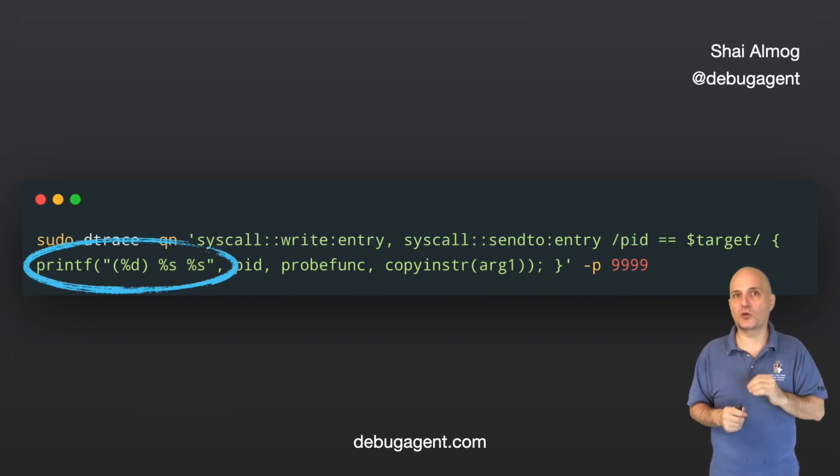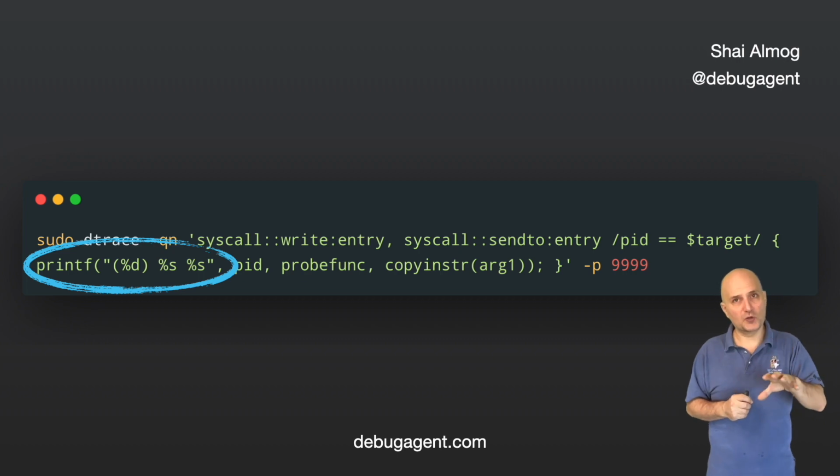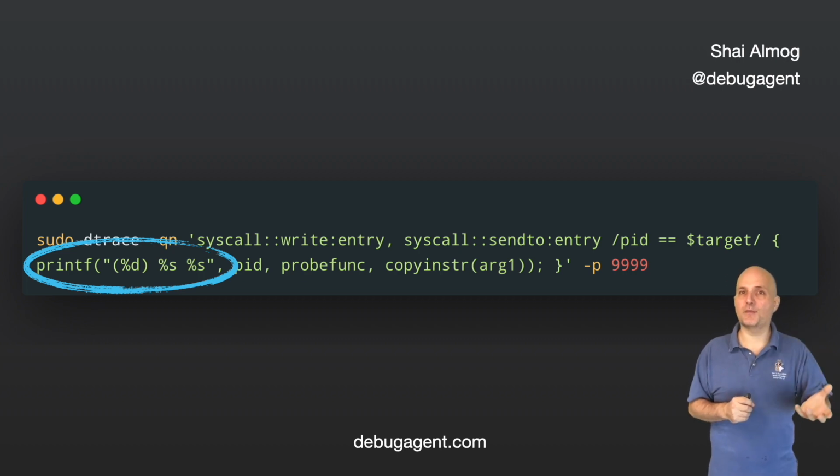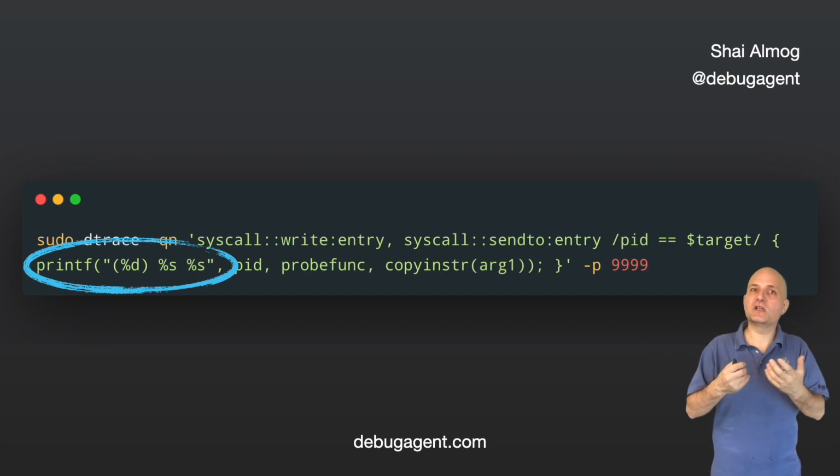The rest of the code is a standard C-style printf command. If you're familiar with C, this should be instantly familiar. If not, then printf is a command that accepts an arbitrary set of arguments, the first of which is a string representing the output. I can write here hello world and be done with it. But I can also insert variables.